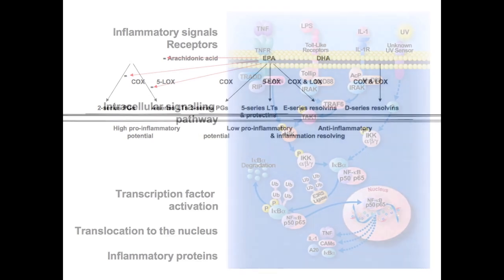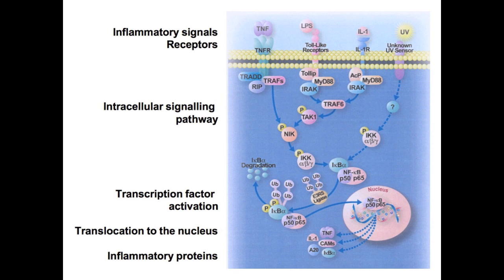This is one of these cell signaling pathways that I talked about before. So this is the cell membrane here with the membrane phospholipids, and then these are receptors. And these are receptors for different things that can trigger inflammation. So this is a chemical, it's a protein called tumor necrosis factor. This is part of bacterium, this is bacterial lipopolysaccharide. This is another inflammatory chemical, interleukin-1, this is UV irradiation. So there are receptors for all of these things.